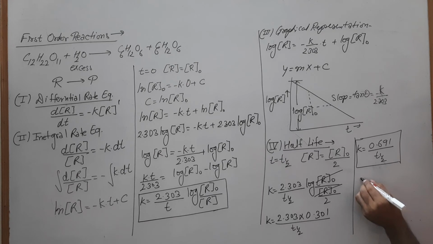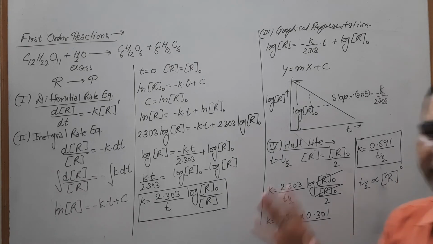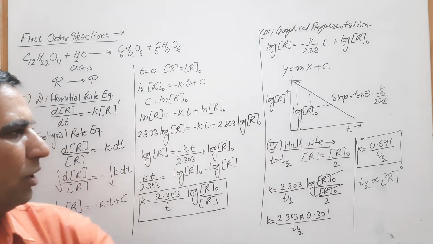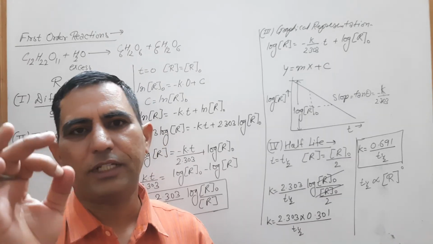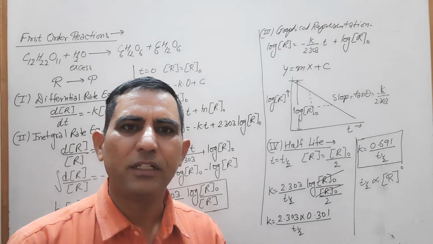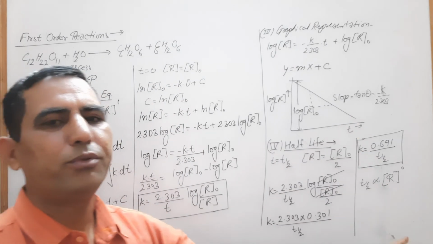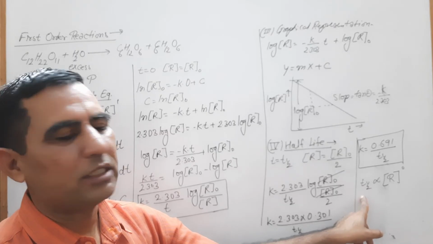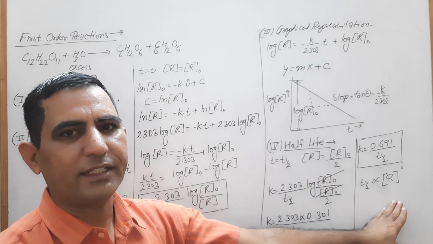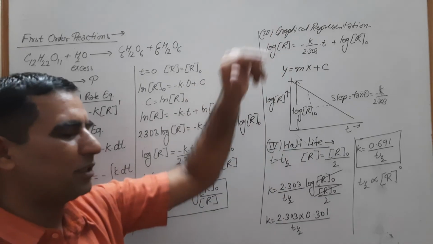This formula indicates that the half-life of a first order reaction does not depend on the concentration of the reactant. So t half is proportional to R to the power 0. Most of the time the examiner asks to prove that the half-life period for a first order reaction is independent of the initial concentration of the reactant. In this way we can easily prove it. So for the first order reaction we found the differential rate equation, definition, integral rate equation, graphical representation, and